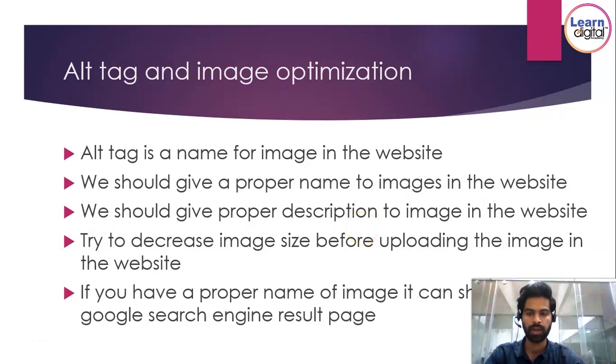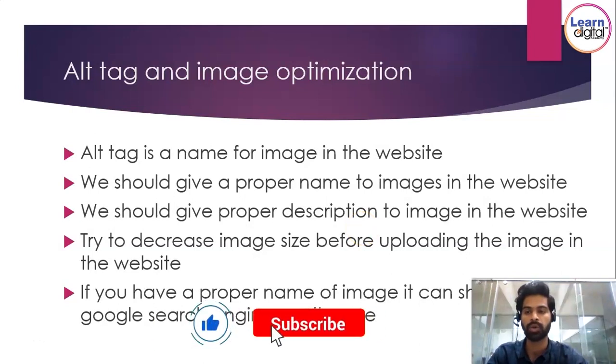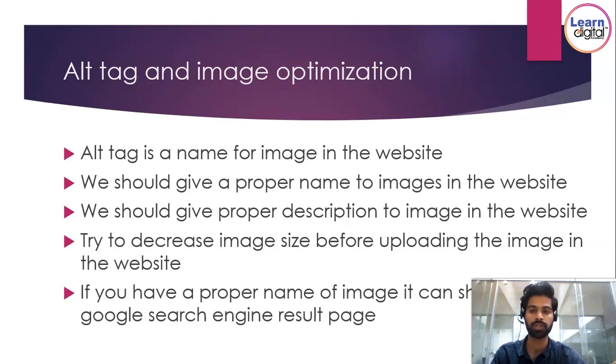We are going to understand about alt tag and image optimization. So what are these options under SEO and how can we rank through this process? Alt tag is just a name of the image, a proper name for the image, because the thing is when